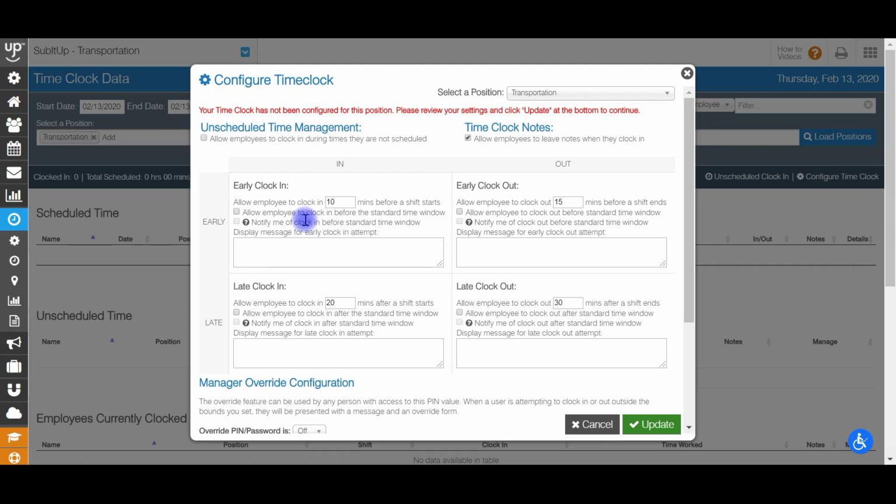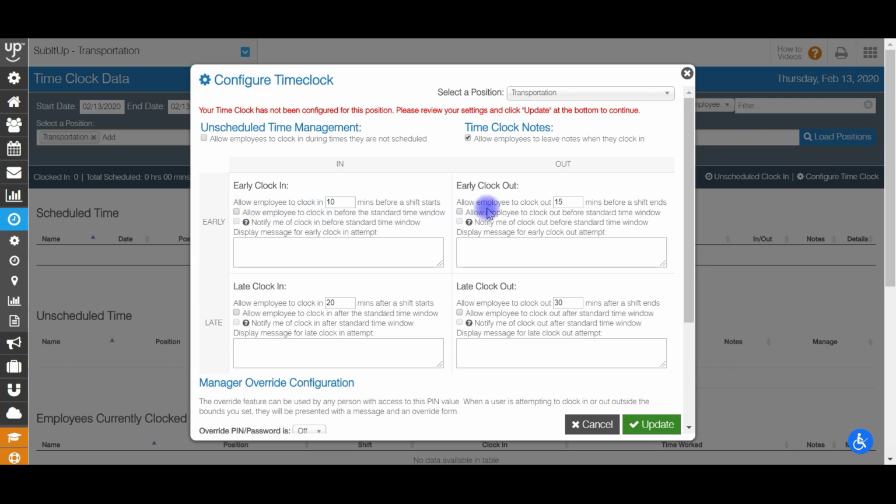So if their next scheduled shift is Wednesday, it will allow them to clock in for a shift on Monday, which is generally not something you want to allow. So if this is a concern, but you want people to be able to clock in pretty significantly early on the day of, it'd be better just to have a bigger number here. Maybe it's an hour, maybe it's 2 hours, 60 or 120 minutes. And that would allow the employees to clock in early, but not days in advance before their